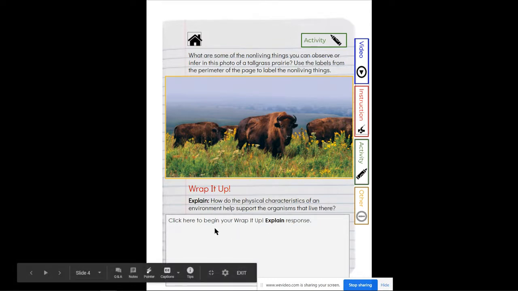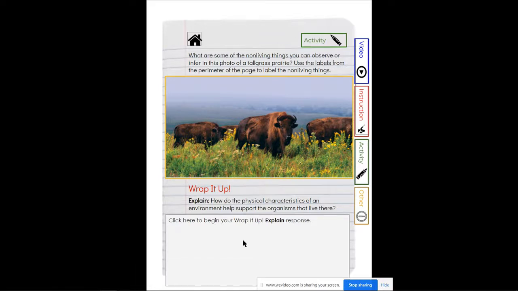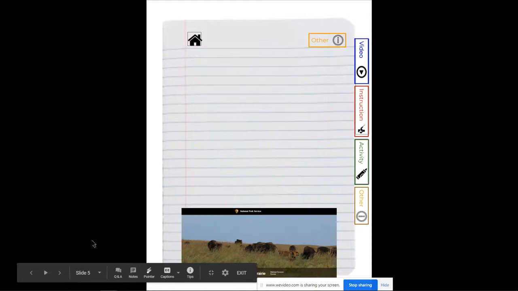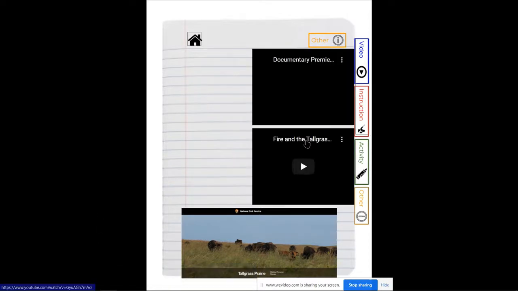And then your explain, wrap it up. Explain how the physical characteristics of an environment help to support the organisms that live there. And then on your extension, your other activities,